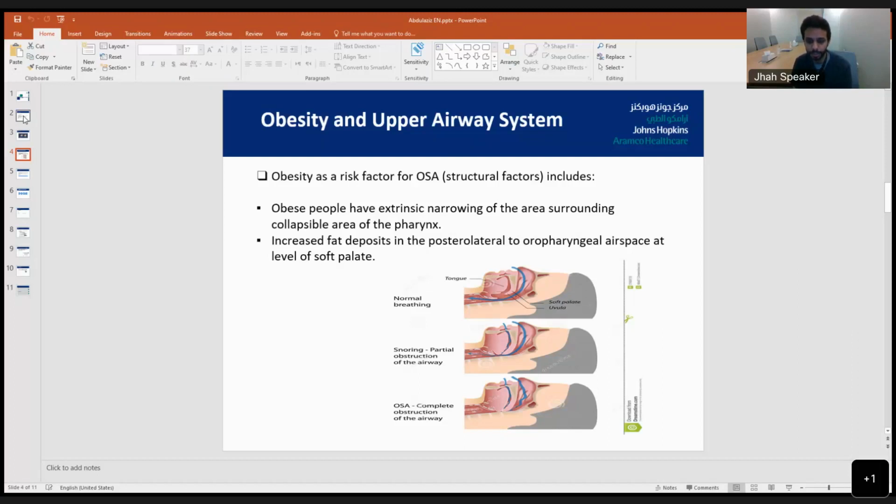which would cause apnea or hypopnea. So if you want to zoom into this figure, you're going to find that in figure number one, there is a smooth air movement during sleep. And if you go to figure number two, you're going to find there is a partial obstruction of the airway, especially the upper airway, which causes a reduction of air movement during sleep. And if you go to picture number three, there is a complete obstruction of the airway during sleep, which will cause complete obstruction of air during sleep.